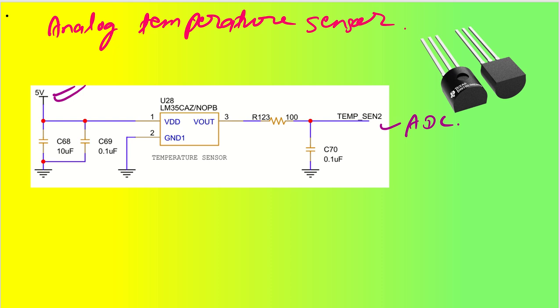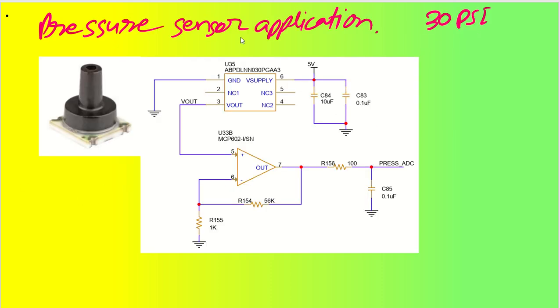Let me give you an example for pressure sensors. Let us say we have a pressure sensor. For example, I have kept it for a 30 psi application. This 30 psi pressure sensor is, I think, from Honeywell. So this power supply and circuit design output is going to give you a single-ended output, and